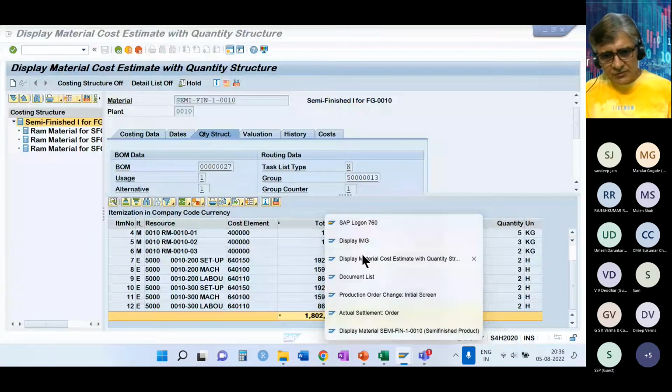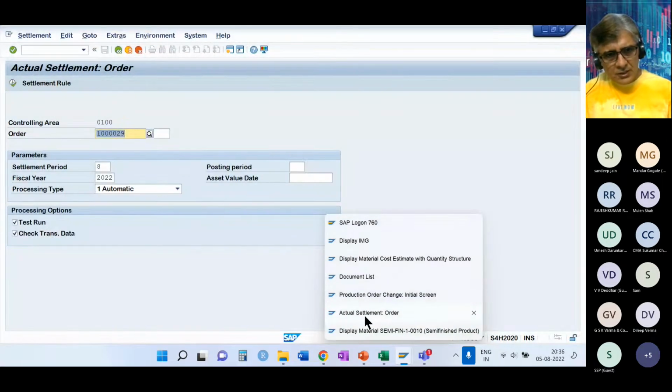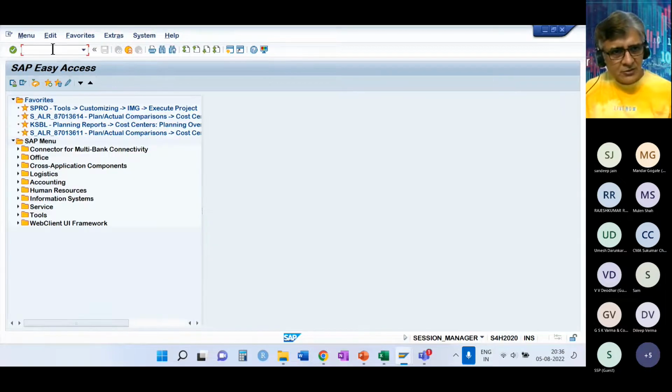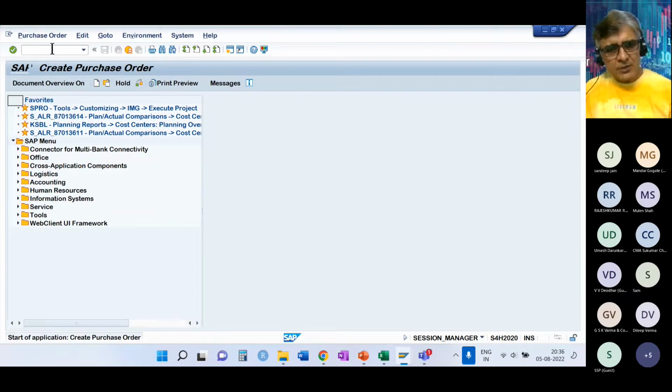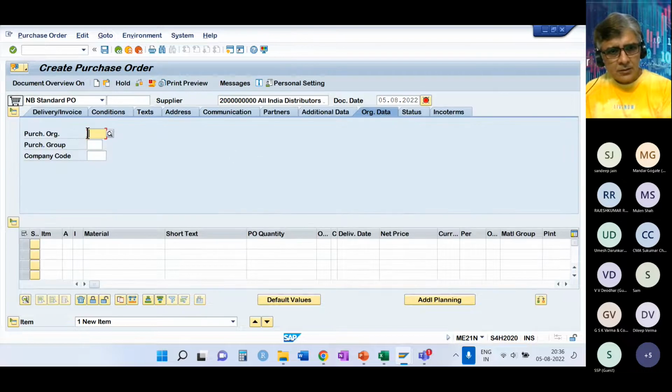So one thing which I have not shown you, let me also show that to you, is the procurement of material. Because I got some time, I can show that to you. So let us create a purchase order. This is my supplier, purchase organization, purchasing group, company code.